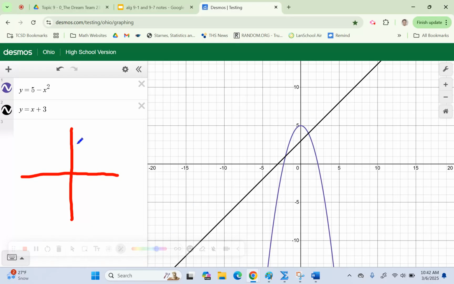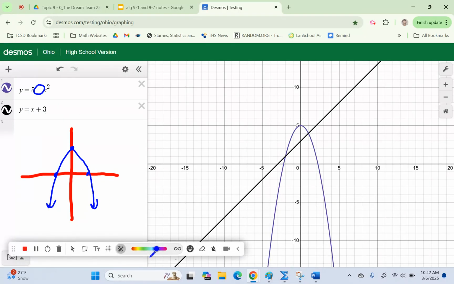I'll use the vertex, which looks like it's up here. I'll use this point there and that point there, and there's my parabola. Notice it's opening down because if you look at the x squared, it's negative. And now for the y equals x plus 3, let's do it in green. So I'll go over here just a smidge, and then I'll use this y-intercept, and there is the graph in